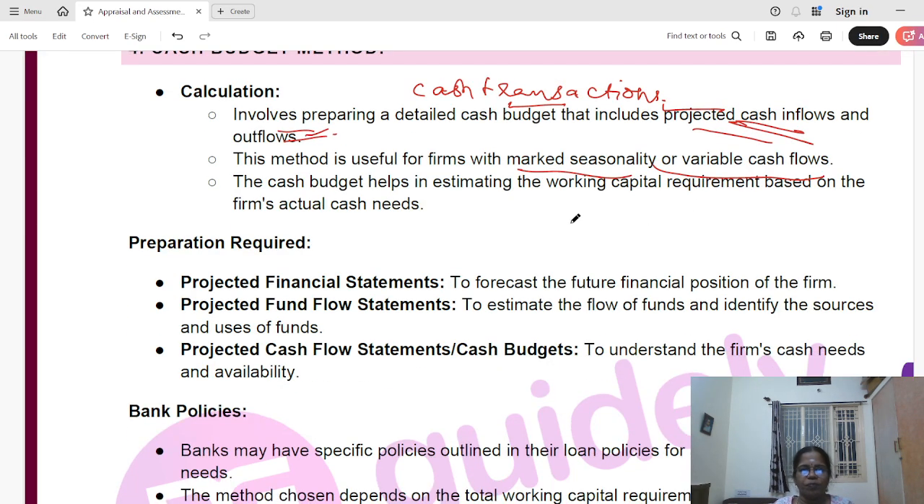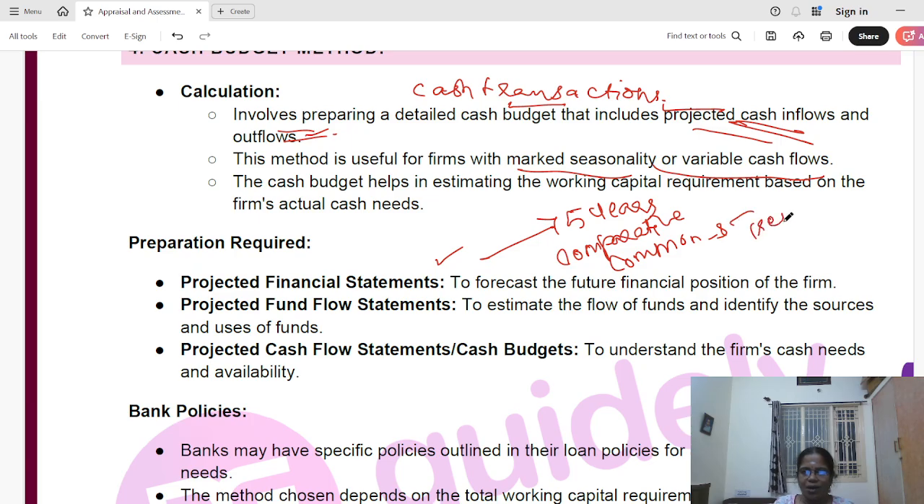Preparation required: they have to prepare the projected financial statement, that is, forecasting the future, say another 5 years. So they can use the comparative statement or common size statement, the comparative balance sheet or common size balance sheet, that they have to prepare. Then another famous one is the trend analysis. Today my business is like this; in another 5 years, where do I have to go? Based on the projected financial statement, the projected fund flow statement, the inflow and outflow of the funds, the cash flow statement